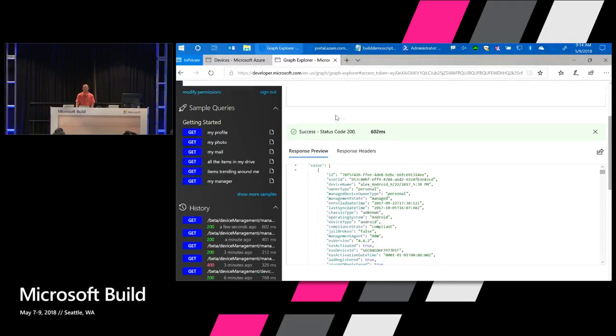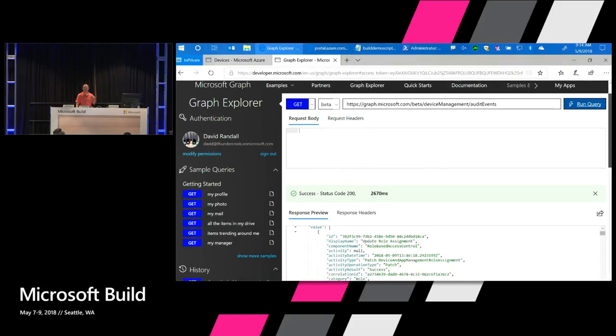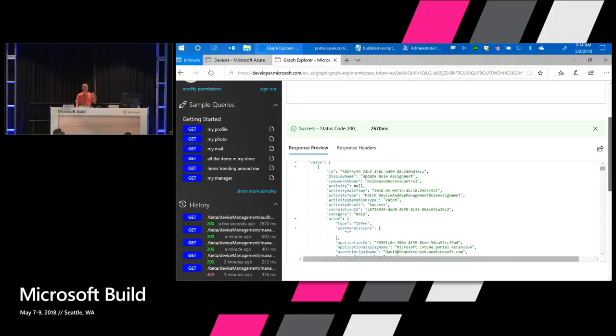One of the other aspects of Intune is, because it's a management system, a lot of companies are really concerned about who did what. And the Intune audit system will report back any change operation that occurred in Intune. So if a user logs in to the administrator console and deletes an application, or assigns an application, or creates a new one, then any of those change operations are audited, and all of those audit events are also available